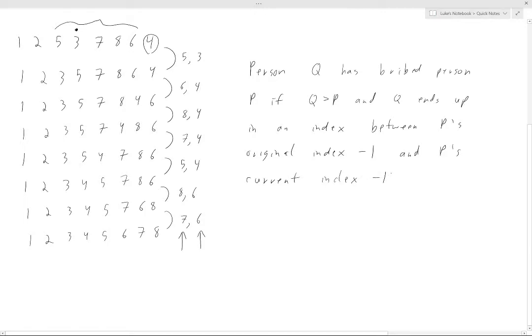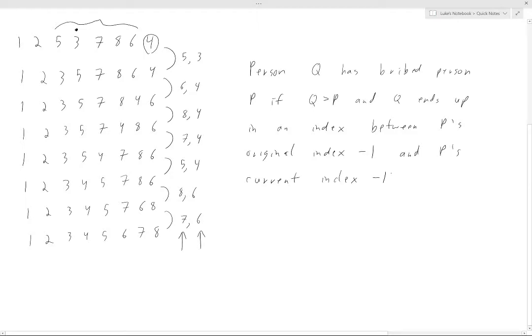And of course that minus 1 for the current index doesn't really matter, because if you include P's current index, well, P is in P's current index. So if you check that as well, Q is never going to be there. So that's specifying where